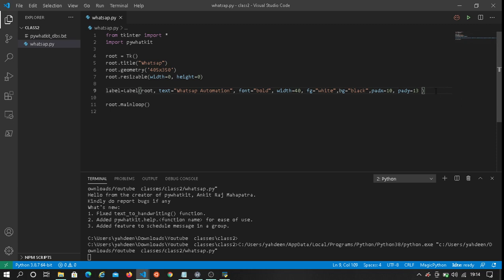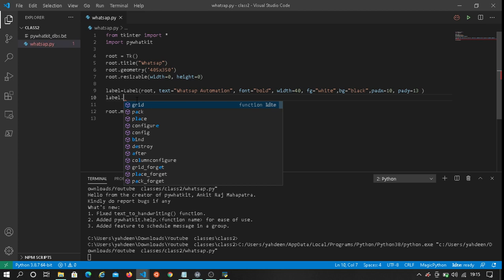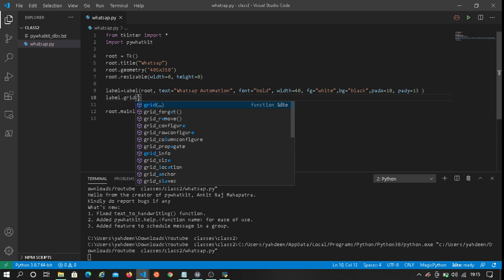So now let's set the grid. Here we'll be using the gridding system that comes with Tkinter. So label, as we defined it here in the first label with lowercase, because Tkinter uses Label with uppercase. So label dot grid, and now we set it.